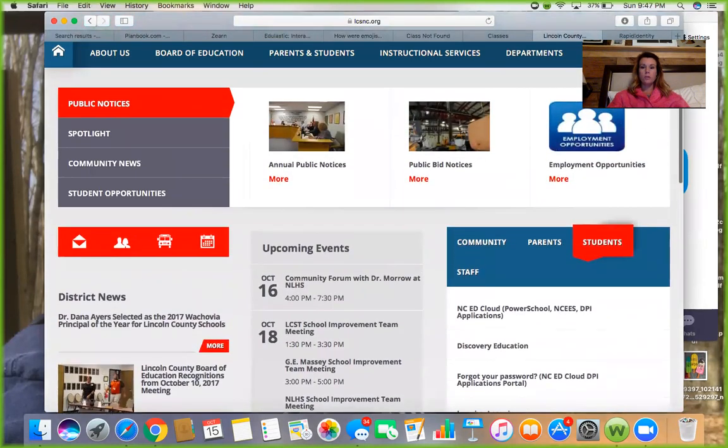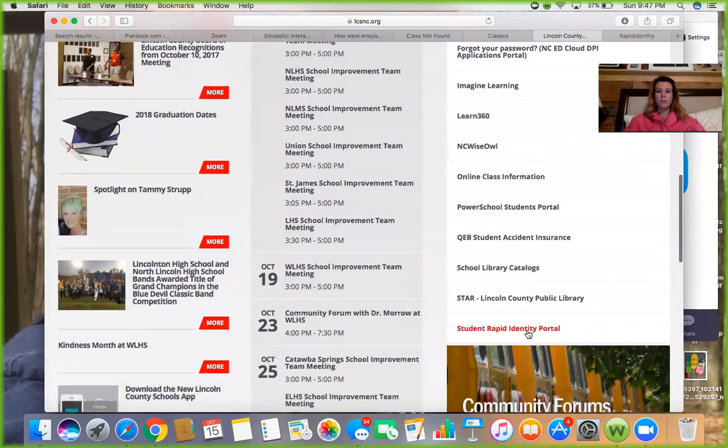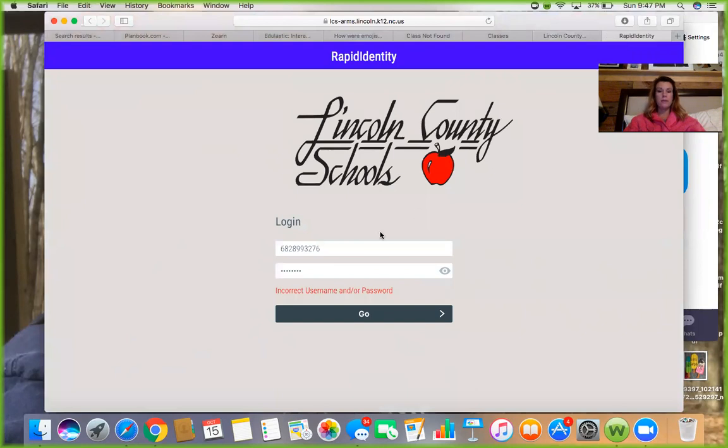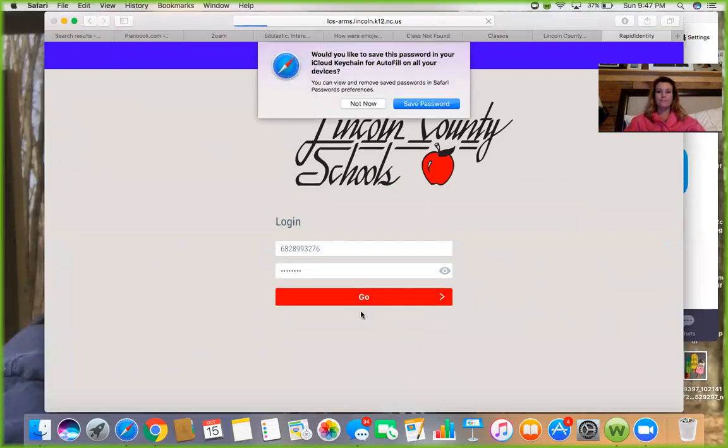And you're going to go over here where it says community, parents, student, staff. You can click on students, and then you're going to click on Student Rapid Identity Portal. It's the last one on the list. And that's where you're going to get a screen that looks like this. You're going to type in that UID number and password and then click go. Hopefully it'll work. Let's see, as soon as it loads,